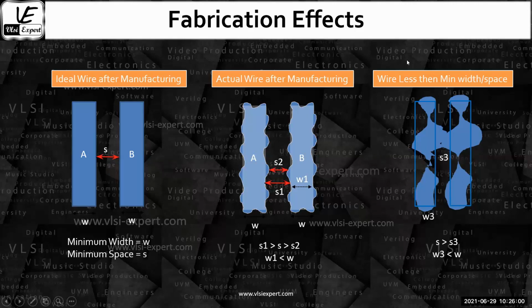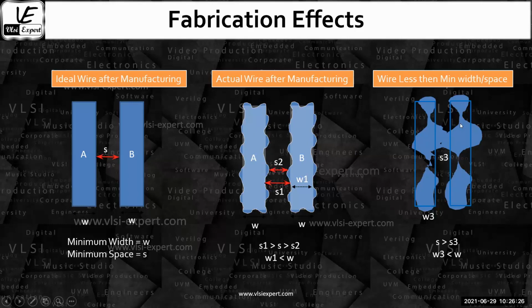But in this case, what is going to happen is there is a chance, even if that is a 1% chance or 2% chance, but there is a chance you will get something like this type of structure. Now in this structure, if you will see, these two are shorted with each other. Why? Because here it was expanded, the width is increasing, here the width is increasing, the same thing happened here, and then both can be shorted.